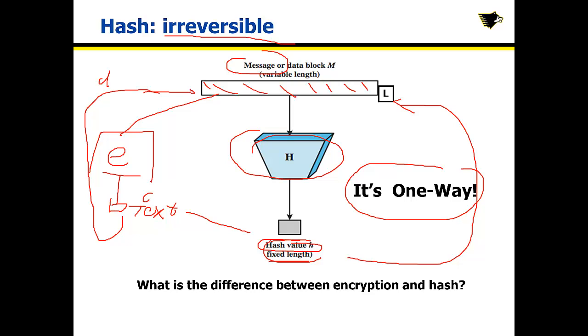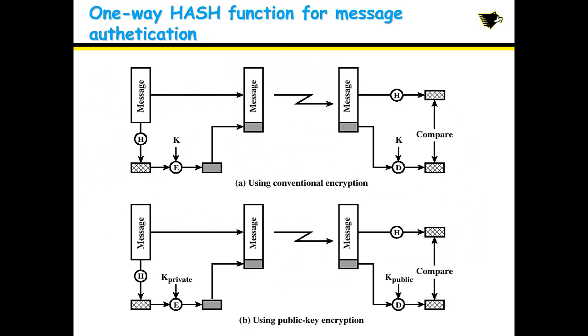Why do we use hash? Because we use it for message authentication. There are three ways for message authentication based on hash function. The first way, you combine the hash function with conventional encryption